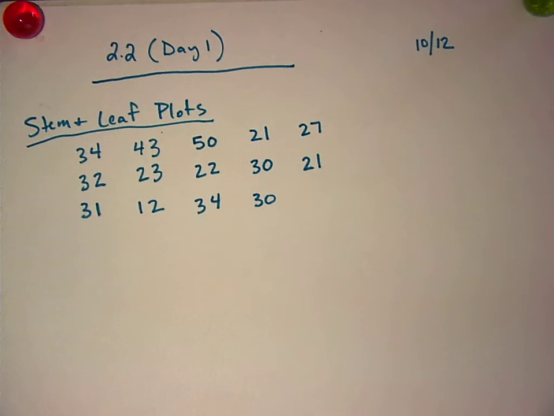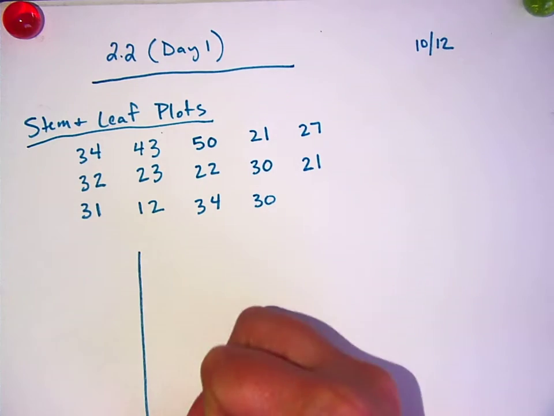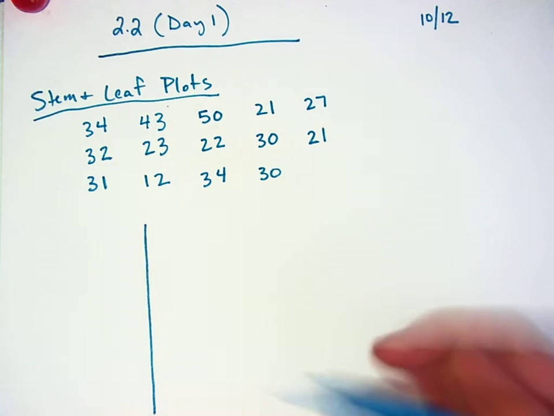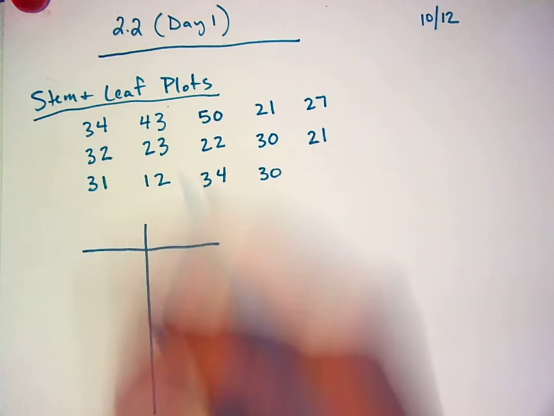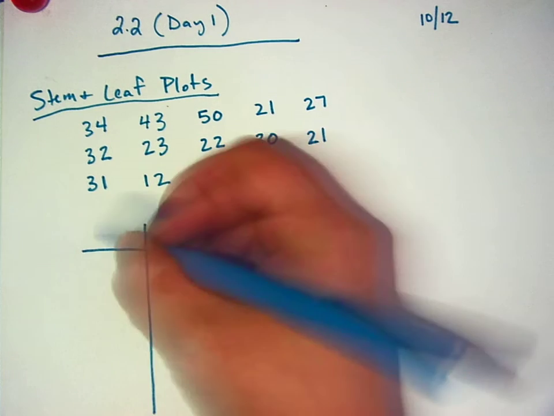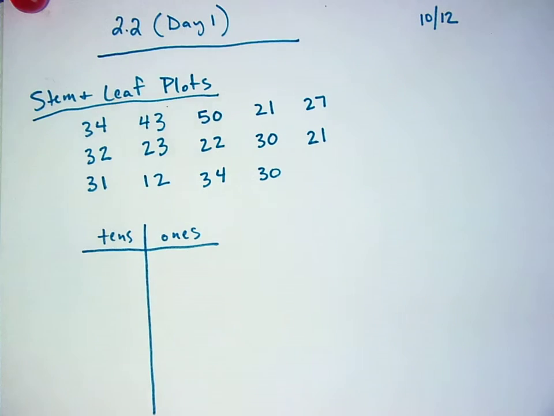So, with a stem and leaf plot, there are a few things that you absolutely need. It is a way to organize data. You're going to kind of make a line that just goes down like that. On one side, you have, it's a way just to organize. So in this case, I'm going to go with tens and ones, although that is not always the case of what we're going to do. For example, like if I said what year you were born, we'd probably go into like the thousands, right, instead of tens, because that'd be pretty weird to have to count how many tens are in 2000 and,